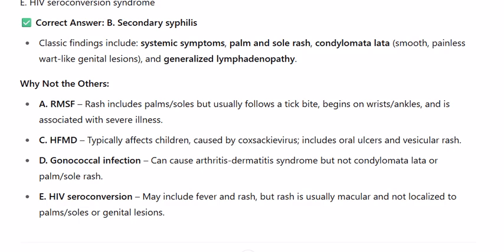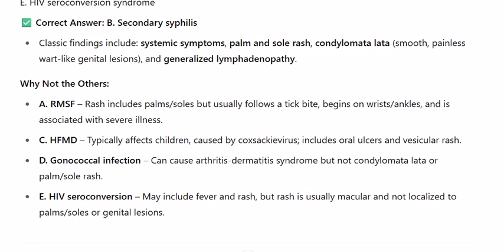severe illness. C. HFMD. Typically affects children, caused by Coxsackie virus, includes oral ulcers and vesicular rash. D. Gonococcal infection. Can cause arthritis-dermatitis syndrome but not condylomata lata or palm and sole rash. E. HIV seroconversion may include fever and rash, but the rash is usually macular and not localized to palms, soles, or